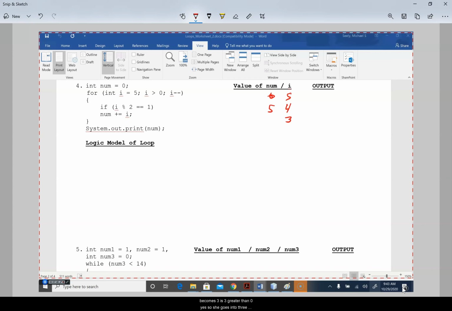Is 3 greater than 0? Yes. So 2 goes into 3 1 time with a remainder of 1, so then we got to add these two to get 8. Does that make sense? So 5 plus 3 is 8. So we go back up, I becomes 2. Is 2 greater than 0? Yes. So 2 goes into 2 1 time with a remainder of 0, so we skip that